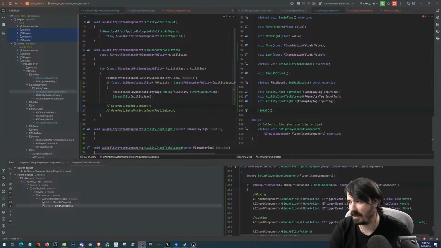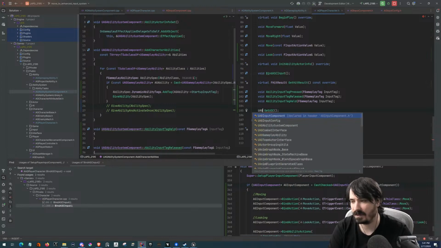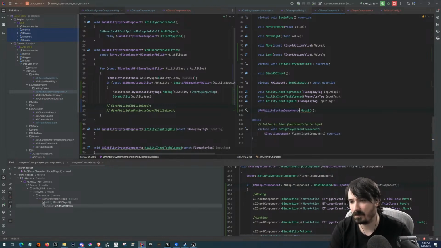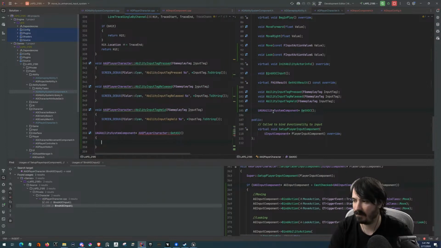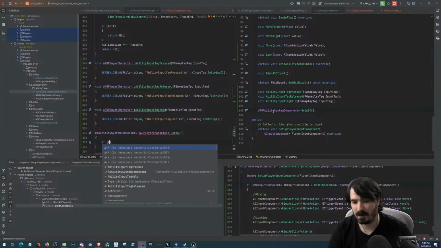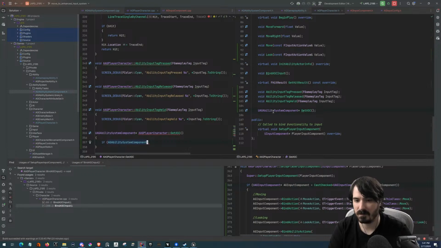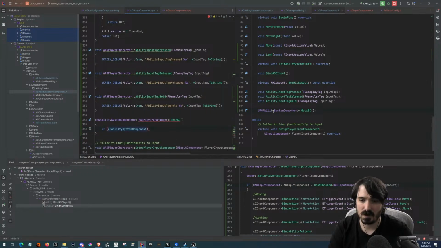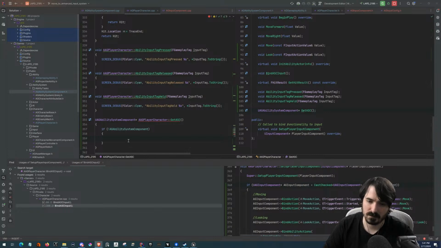And it will return an AG ability system component pointer. We'll generate this if AG ability system component. If not AG ability system component, we're gonna